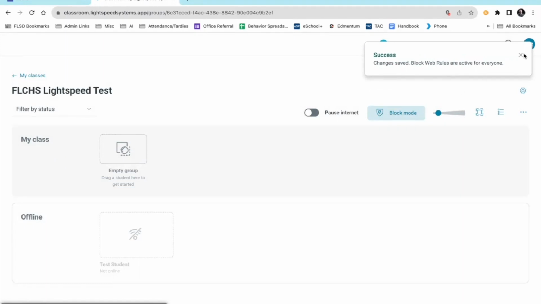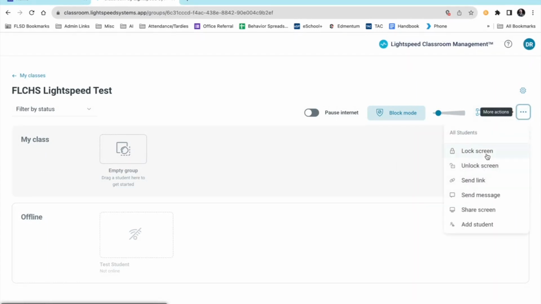So now we're in block mode. So for all students, again, block web rules are active for everyone. Another option that you have here is you can lock screens for all students. Again, you can unlock screens for all students. You can send links if you want to